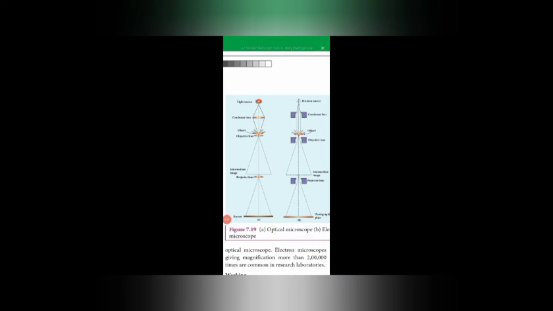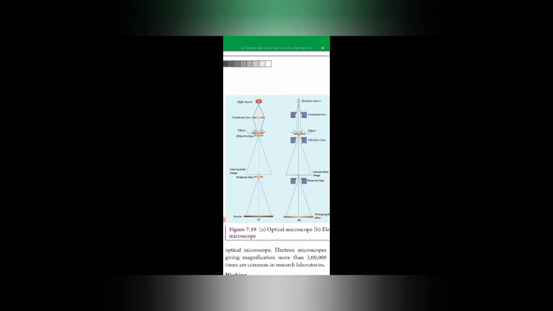This is the experimental lens arrangement inside the electron microscope. Here the light source, that is the electron source, is present. The condenser lens is also there. In between the condenser lens and the objective lens, the object is placed, near the objective